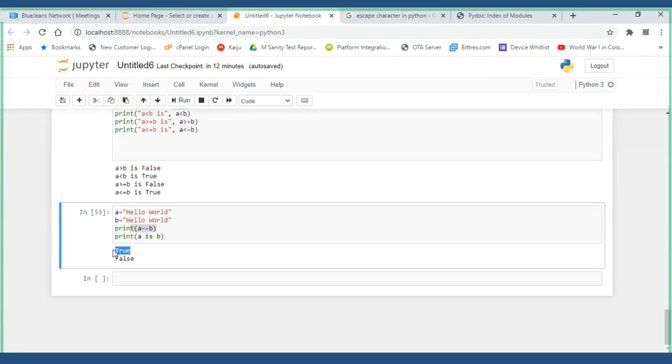Now, are the contents of A and B referring to the same object in memory or not? Then it returns false, because as soon as it encounters a space, it creates a new object in the memory.